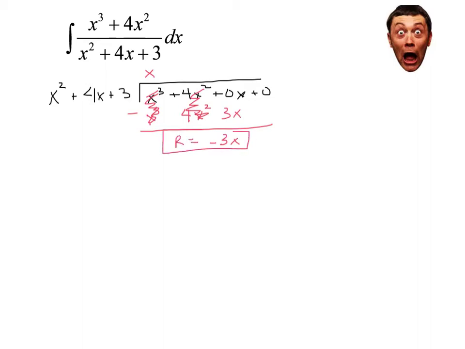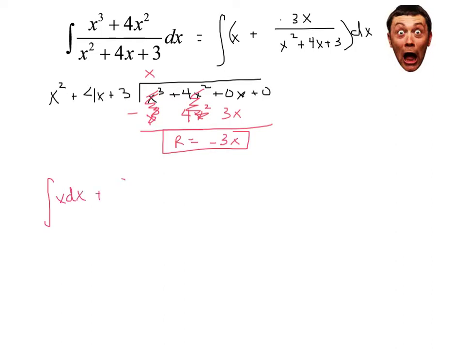So I can rewrite this original integral as x plus negative 3x over x squared plus 4x plus 3 dx, like that. So now it ends up looking like something we can use partial fractions with. And again, anytime the highest power isn't in the denominator, you have to start with polynomial division. Okay? I'm going to rewrite this integral one more time down here. I'm going to rewrite it as x dx